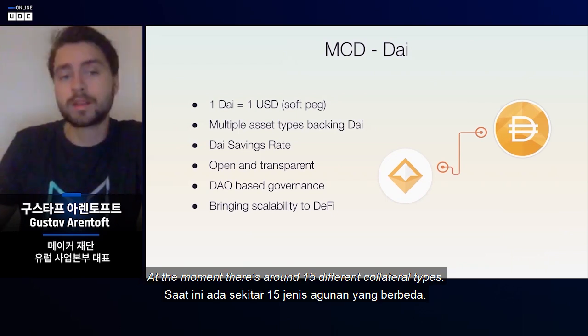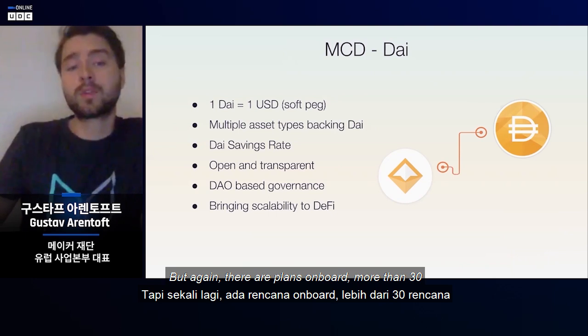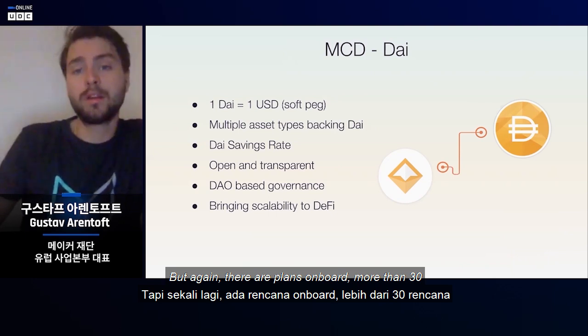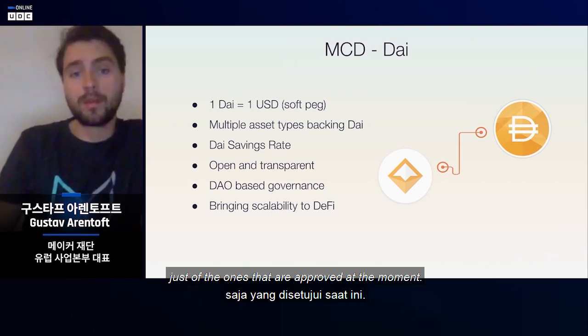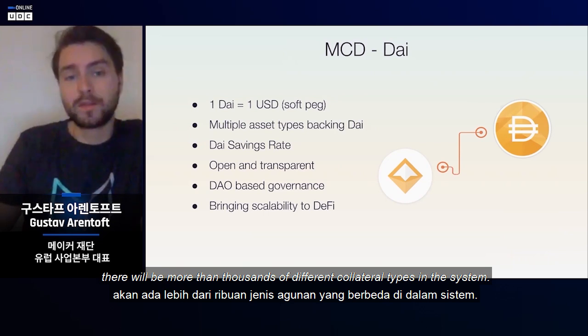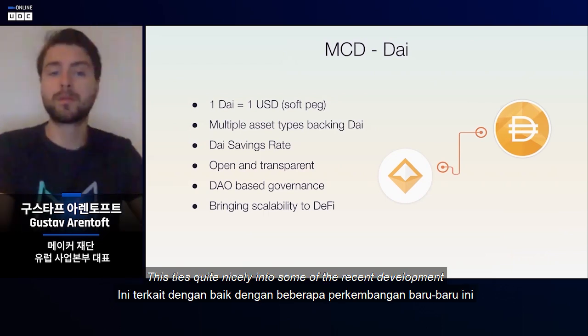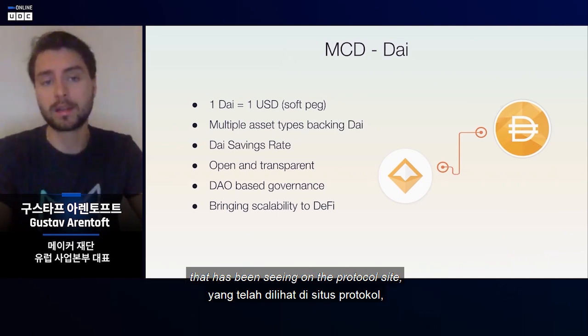At the moment, there's around 15 different collateral types, but again, there are plans to onboard more than 30, just of the ones that are approved at the moment. In the future, the high hopes is that there will be more than thousands of different collateral types in the system. And this ties quite nicely into some of the recent development that has been seen on the protocol side,